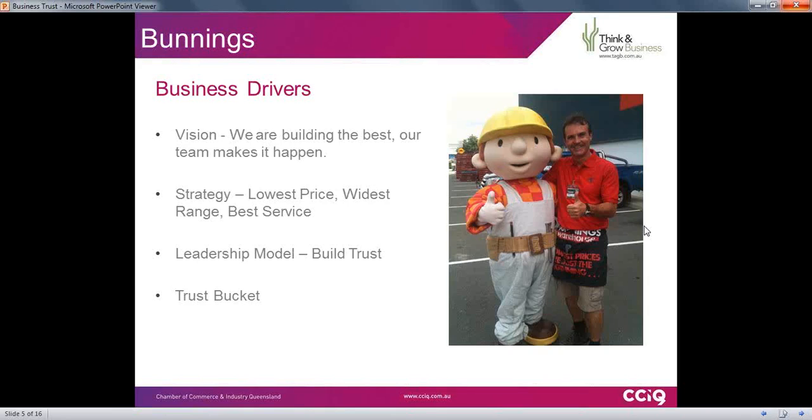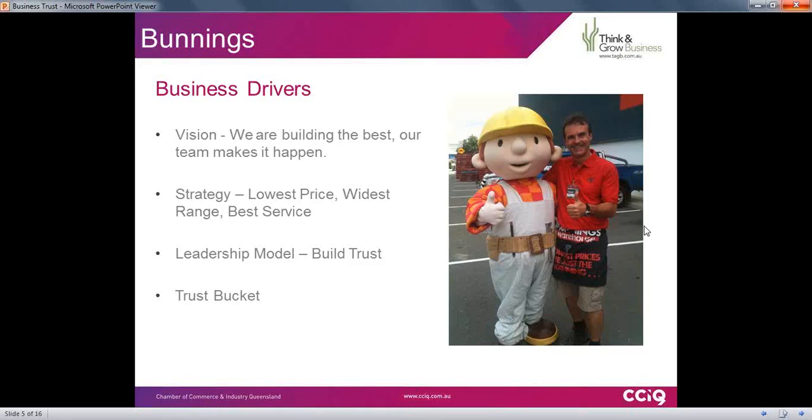The last component, the last driver, which is a little less well known, is that Bunnings have a very clear and strong leadership model within the business. And it's all about leadership to build and create the vision for the business. Now, the leadership model is something that is used every single day in that business. John Gillam, the CEO, used to use it as a business planning model. He used to use it whenever there was some new initiatives that he wanted to explore. He would work through the leadership model of that particular business to ascertain whether it was the right thing to